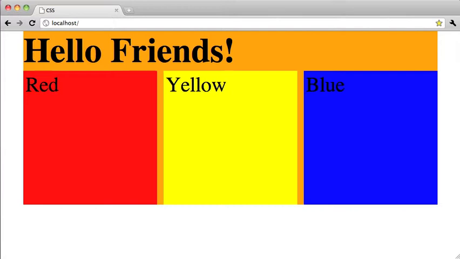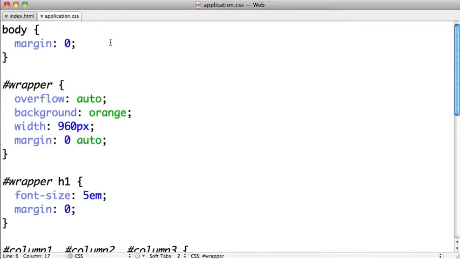The next technique involves wrapping our columns in a secondary wrapper div, and you can call this something else like the content div or the main div. So let's go ahead and try that out. We're going to switch back to TextMate, remove our overflow auto,